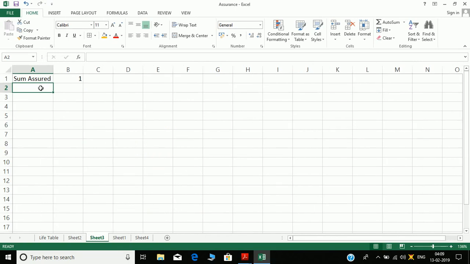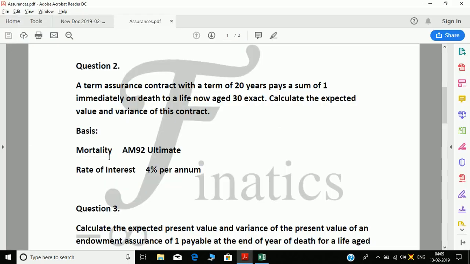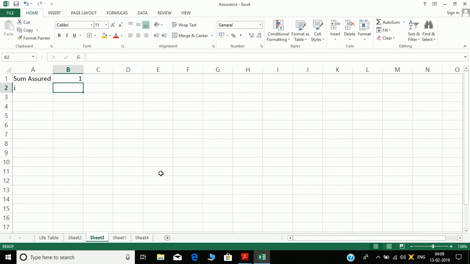Then I have i is 4%. So we'll calculate v, which is 1 by 1 plus i. The term is said to be 20 years, so I'll make the year column. Then it will be age.